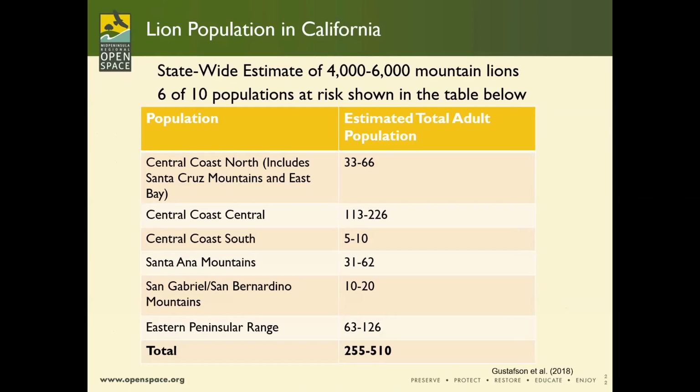Now let's talk a bit about what we know and don't know about the statewide population of mountain lions. Cal Fish and Wildlife has a current estimate of 4,000 to 6,000 mountain lions throughout the state. But they are very careful to point out that this estimate is based on incomplete data. And I'm happy to report that they are working on a robust genetic research project that Midpen participated in, which